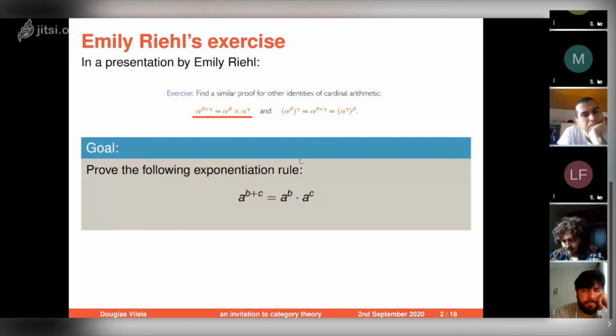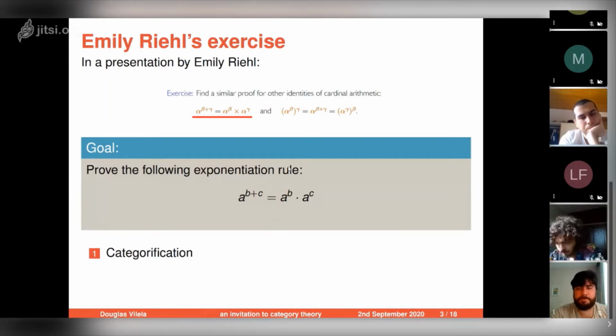The first one that we are going to do is the categorification of this equation to transform it into some kind of isomorphism between two sets in this case. And with that, we're going to use a universal property that I will explain later to really assure that